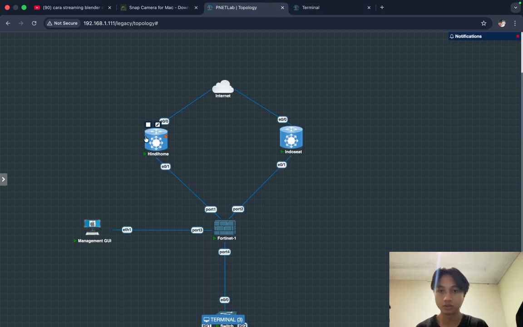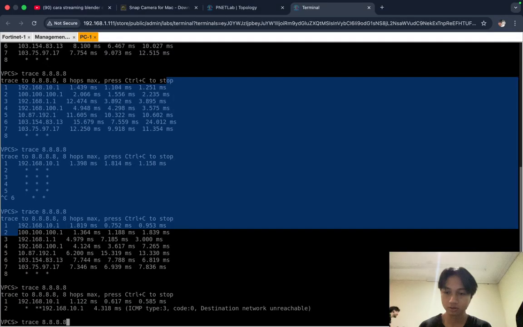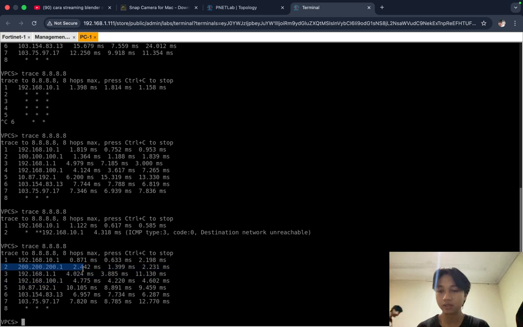After creating the SD-WAN rules, you can shut down the ISP, the main ISP, and then trace. You can see the gateway changes to the backup.